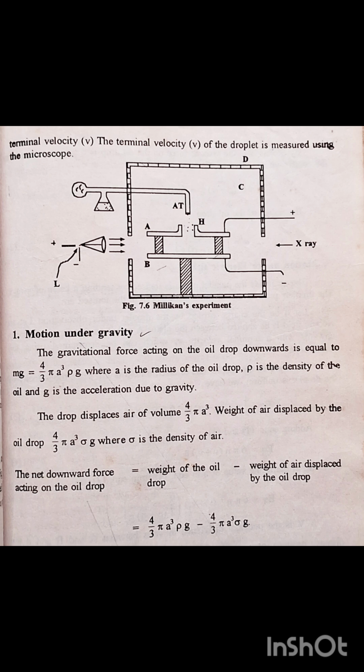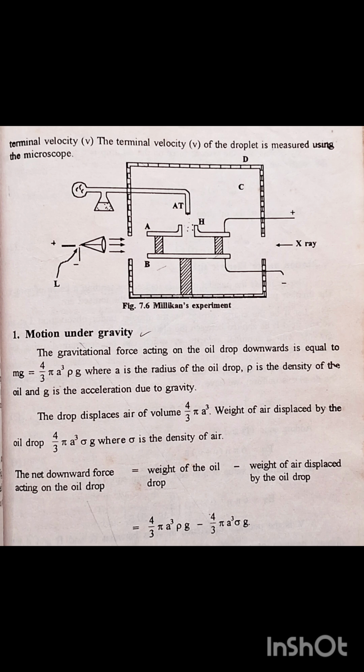By adjusting the electric field suitably, a given charged oil drop can be made to move up or down, or even kept balanced in the field of view for a sufficiently long time, and a series of observations can be made. Experimental arrangement. The apparatus consists of two horizontal circular metal plates A and B, about 22 centimeters in